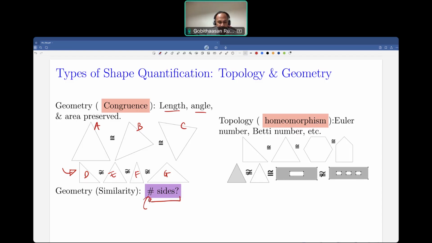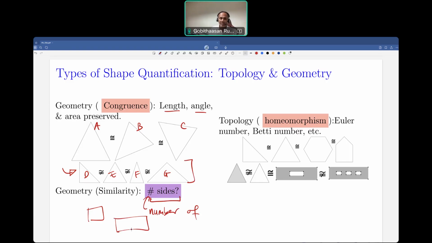The hashtag here is a short form for number of sides. Based on the number of sides, we can classify polygons. For example, all these are triangles, and if I have 4 sides, different shapes, we say all of them are